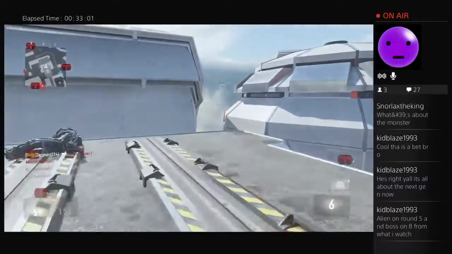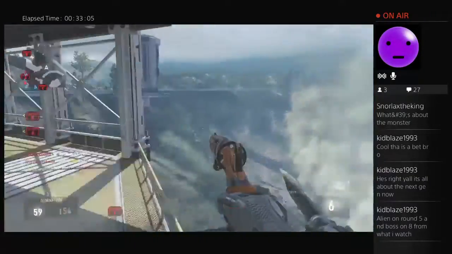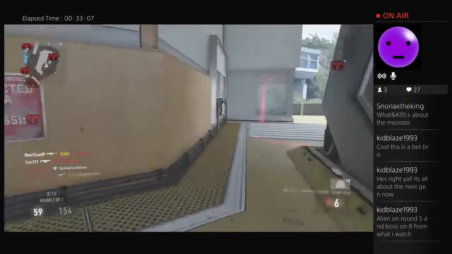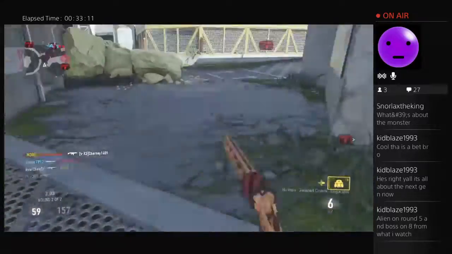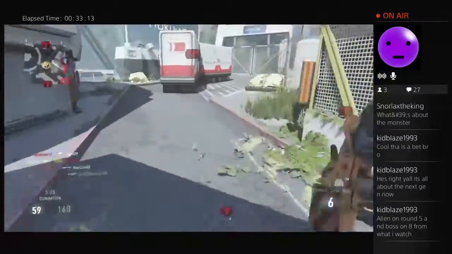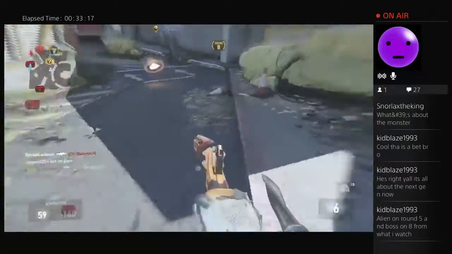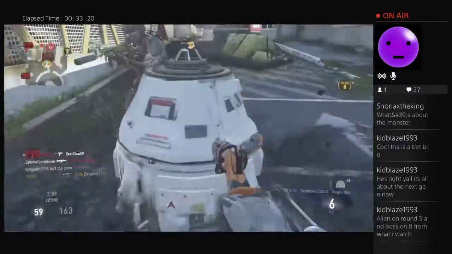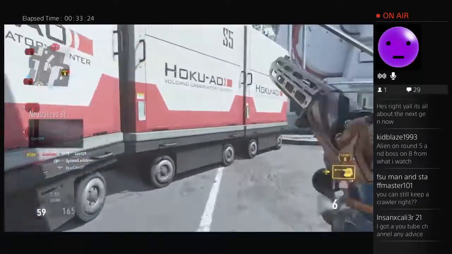Yep. The little aliens that replace dogs come on round 5 or 6, I'm pretty sure. And the big boss dude comes at 8. And at round 10, zombie wraps come out. If you remember the wraps from Black Ops,